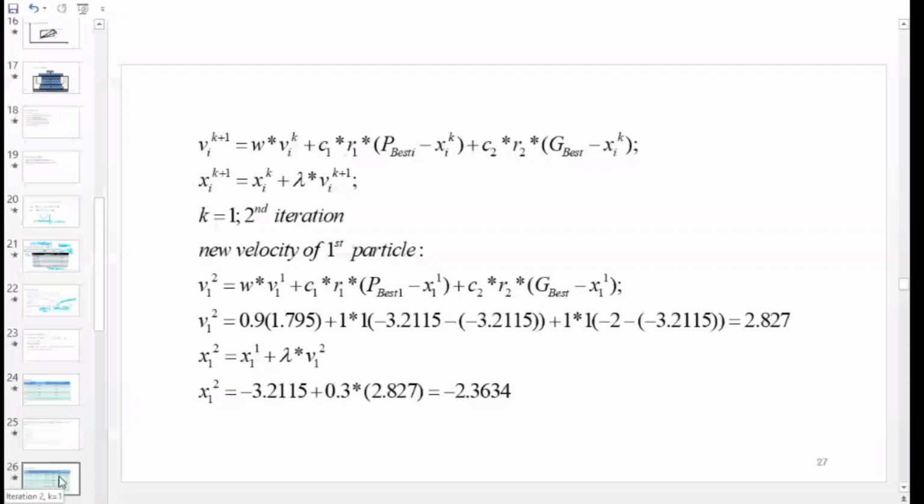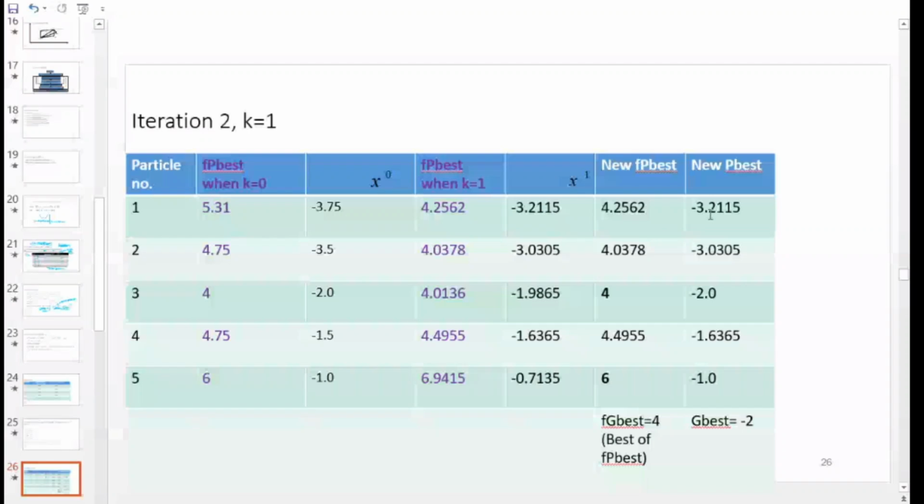So what is the current position of the particle? Minus 3.2115, minus, it is subtracted from the personal best position of the first particle, right? So what is the personal best position of the first particle? It is minus 3.2115, okay, plus c2 r2 into